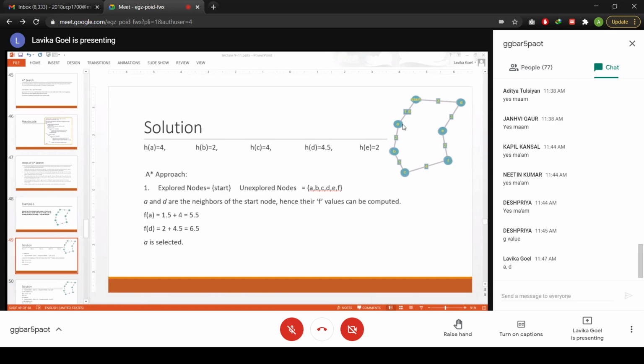Fine. So you have two nodes A and D. Now you find out the F values of A and D. So what will be the F value of A? That is G plus H, right? G is the cost of getting from the initial state to A. From the starting state to A, the cost is given as 1.5.